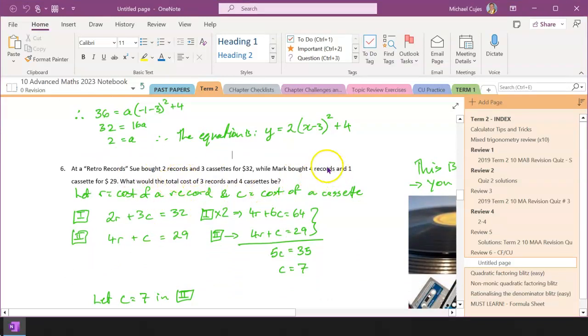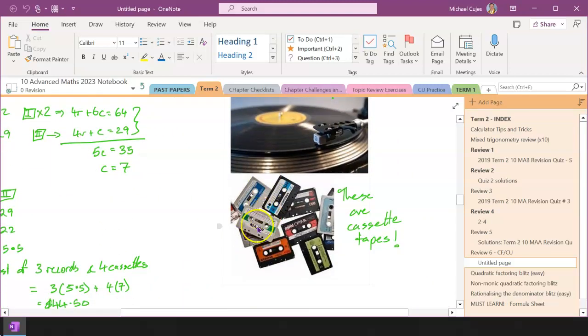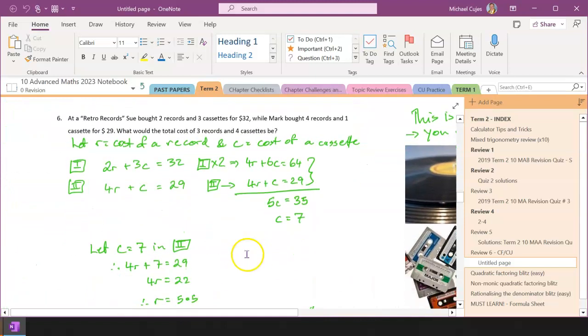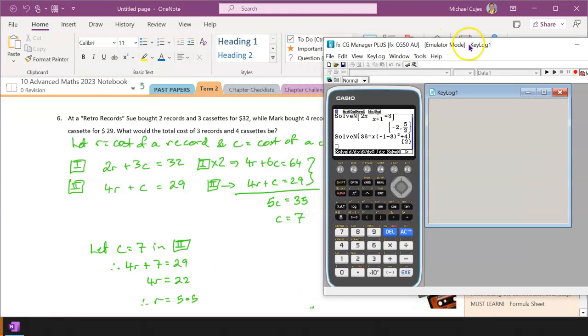Oh, a simultaneous equation example. This is the one here with records and cassettes, things you guys may have seen once in like an old 80s TV show or maybe something else like that. Let's have a look here and see how we go when we're trying to solve the simultaneous equations. You would have noticed before in equation, we go to equation here and we go to simultaneous F1,